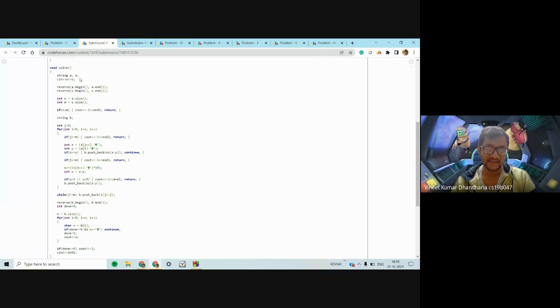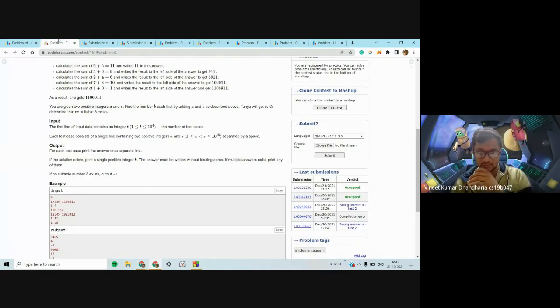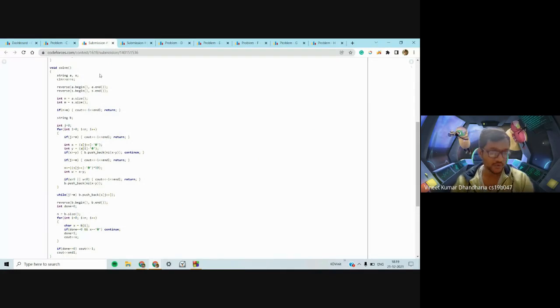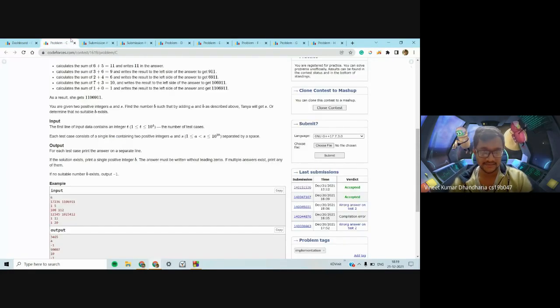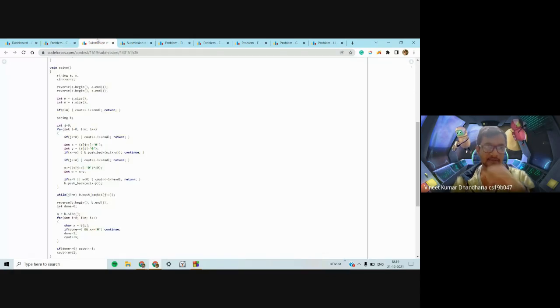So you take the strings A and S. You can take them as numbers as well, because it's just 10 raised to 18, but I thought it would be a bit easier with strings. So you take the input numbers as strings A and S. Now what you do is you reverse them, because you need to start from the right end, and we find out their size. If n is greater than m, you put -1, because A has to be less than S.